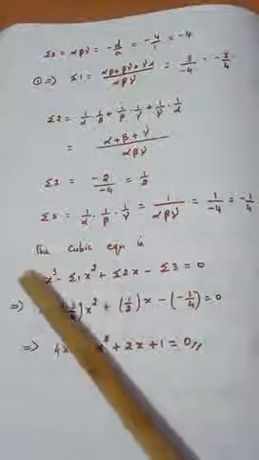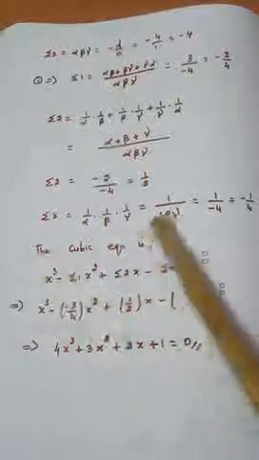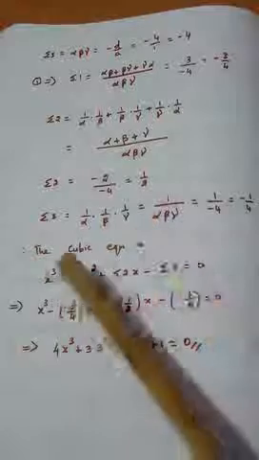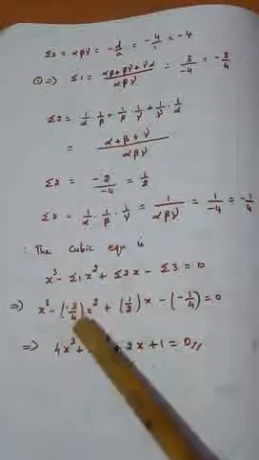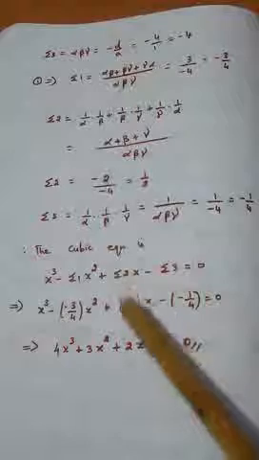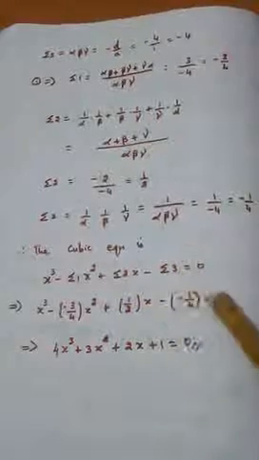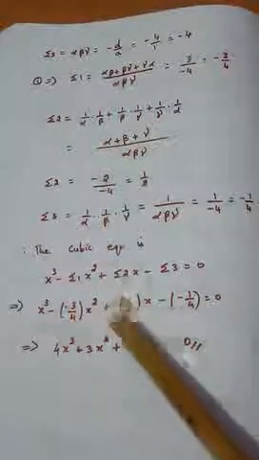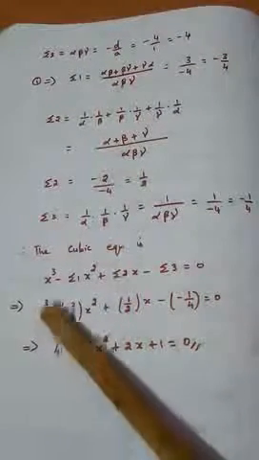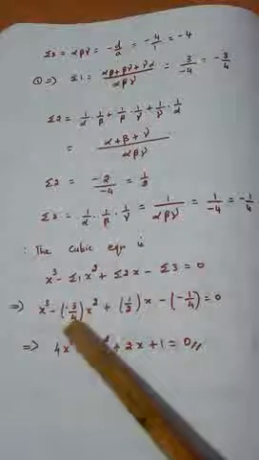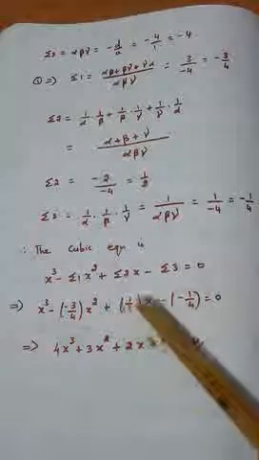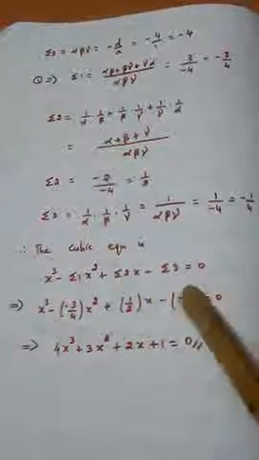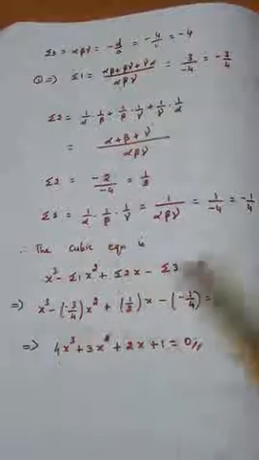Now we are going to write the formula for formation of cubic equation. The cubic equation is, what is the formula? X cube minus sigma 1 x square plus sigma 2 x minus sigma 3 equal to 0. So x cube minus sigma 1 value, -3 by 4, x square plus sigma 2 value x minus sigma 3 value equal to 0. So minus and minus will become plus. Take LCM 4, 2, 4. So LCM is 4. 4x cube plus 3x square, because 4 is the LCM, plus 2 is present, 4 is LCM, so again 2 will come, so 2x plus 1 equal to 0. LCM is 4, that will go here and become 0. So this is the cubic equation.